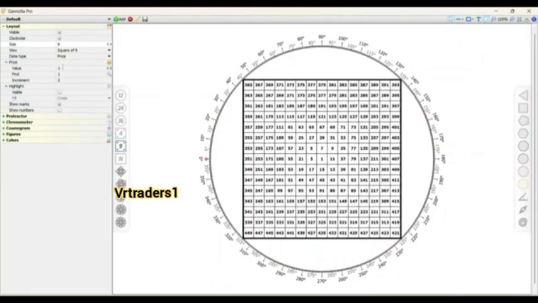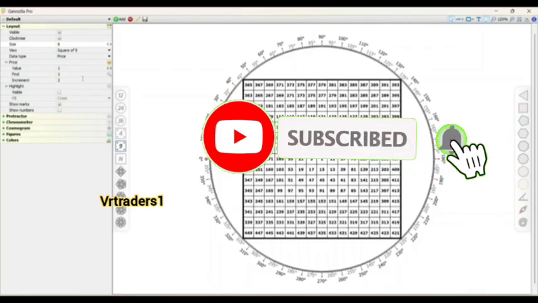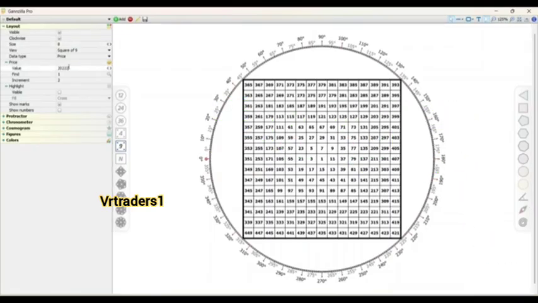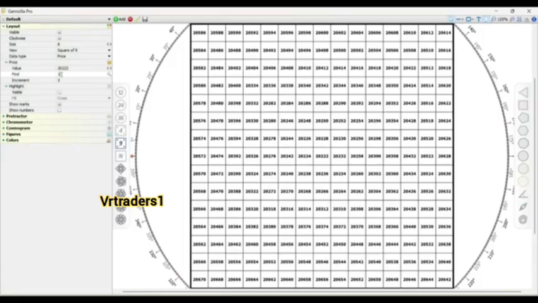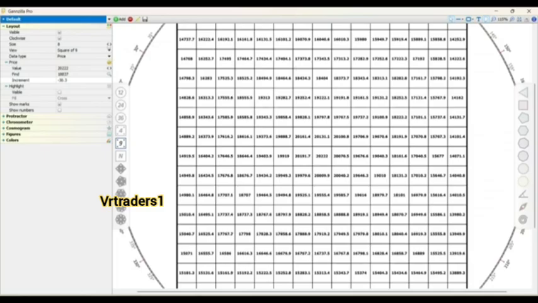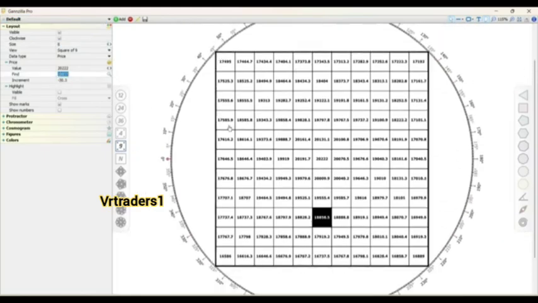Now let's first take the value as major high, find as major low and increment with negative sign as minus 30.3, as we have already calculated the increment part. So our major high is 20222 and major low is 18837 and the increment is negative 30.3. Zoom out from here, decrease the size. So we have to find here 18837. So nearest to 18837 is 18858.5. So here you can see this level.